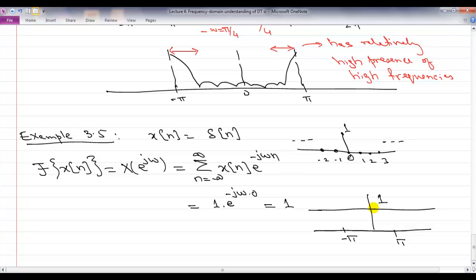Okay. So since this signal just suddenly changes, you need a lot of frequencies in it. It has low frequencies, it has high frequencies, all sorts of frequencies. And this is very analogous to the continuous time world. If you think of the impulse function, delta of t, what's the continuous time Fourier transform of delta of t? It's a constant. Okay. So it's very analogous. You will see again and again, with a few exceptions, that the intuitions that you draw in the continuous time world carry over to the discrete time world.